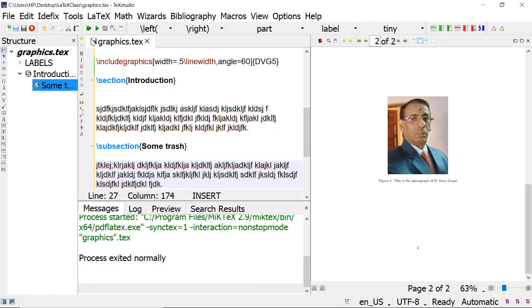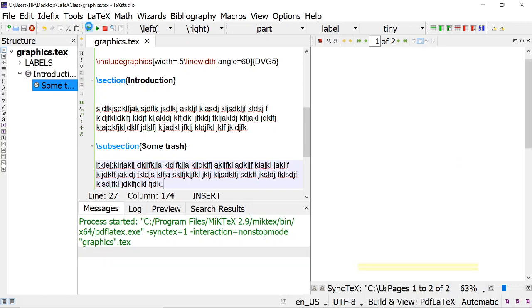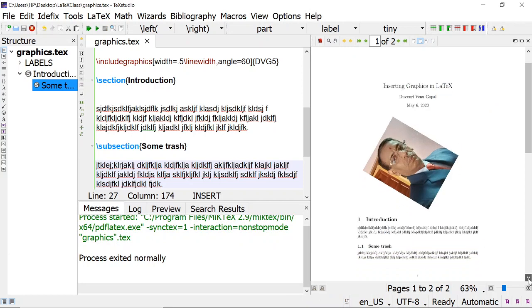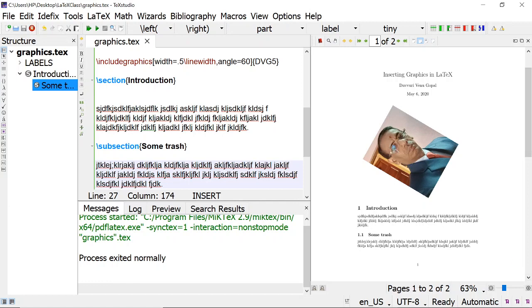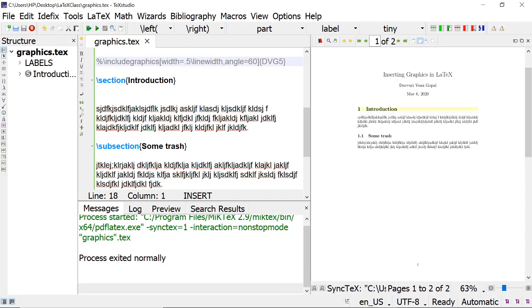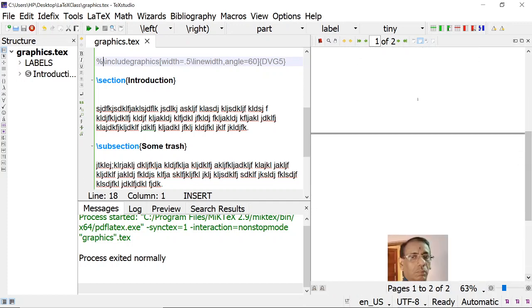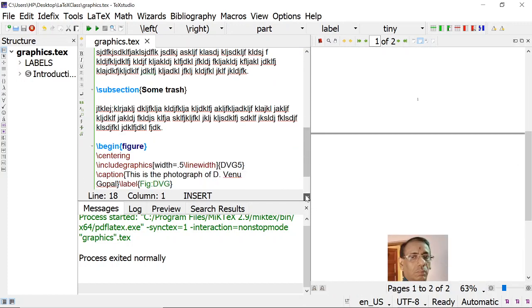When I compile this, you see, first it was typed like this, because it is not a float. I just put includegraphics. So I will remove this one by simply putting a percentage symbol. And this figure is somewhat bigger, that is why it is coming here.